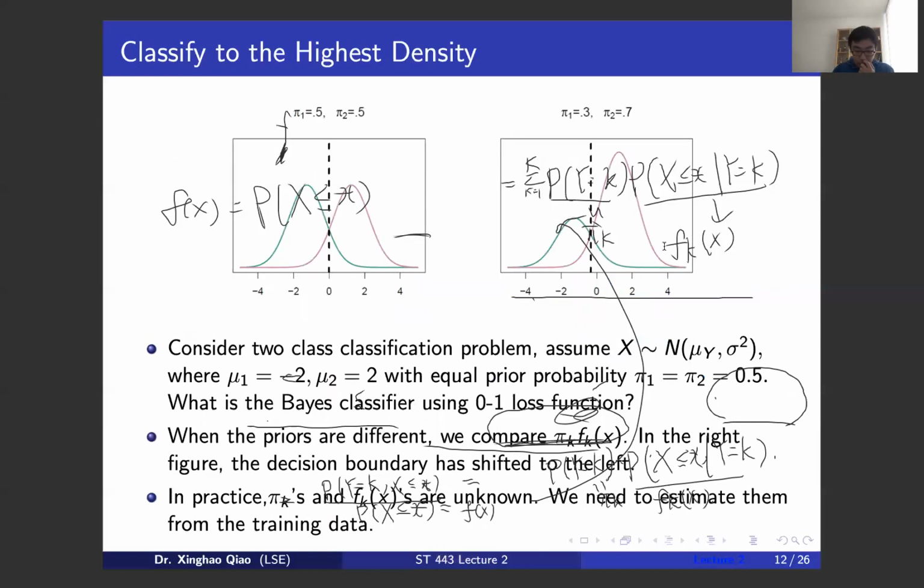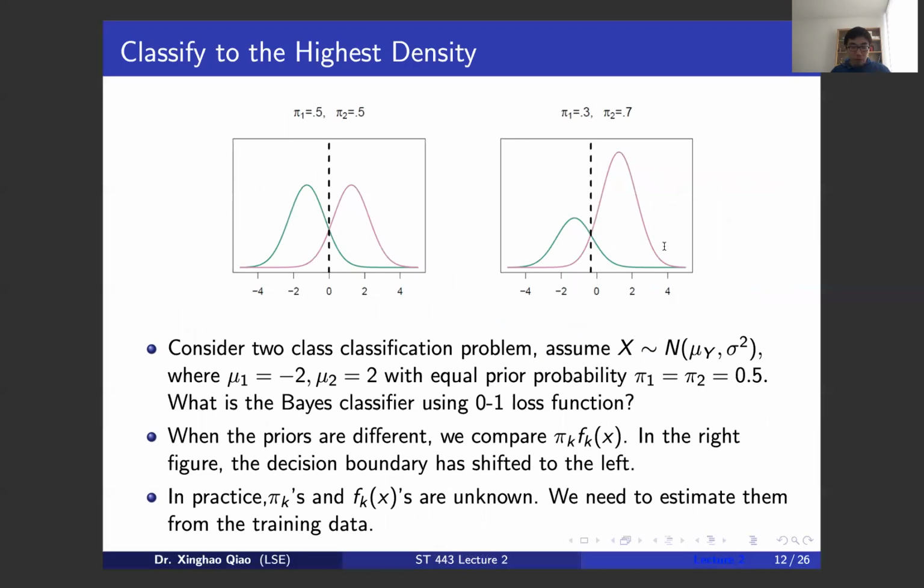Okay, so let me give you one example. Under the normal assumption, this is actually a one-dimensional problem. Suppose that there are two classes, a two-class classification problem. So we have class 1 and class 2, and assume that x belongs to the normal distribution with mean mu y and the constant variance. Y here can take the value 1 or 2,